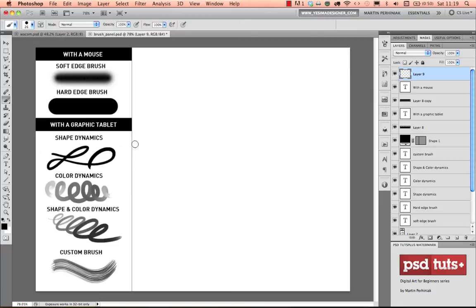This is the second episode where I'm going to talk about brushes and using a graphic tablet. First of all, we need to understand what's the difference between using a mouse and a graphic tablet together with Photoshop. Here on the left you can see a comparison between the mouse and the tablet, but I would like